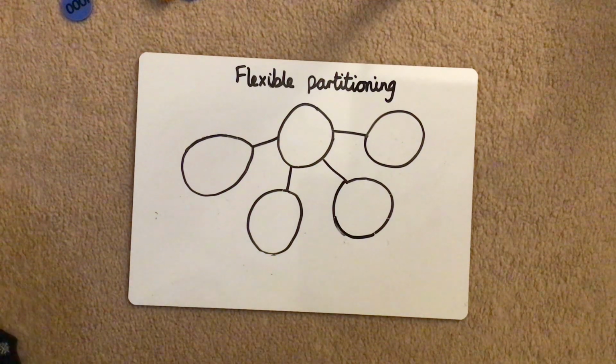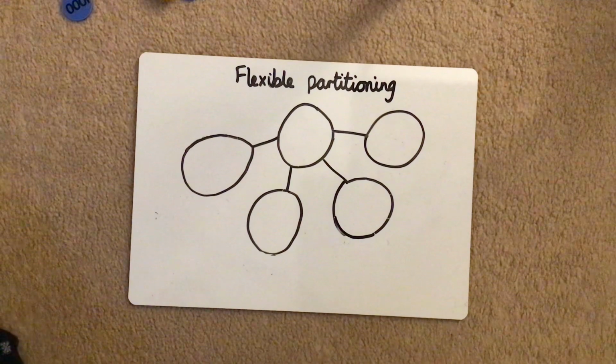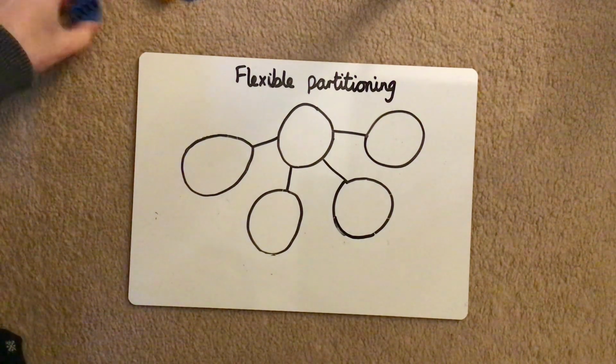This is what we call in Year 4 flexible partitioning, and we're looking at 4-digit numbers. When we get to Year 4, we're working with numbers within 10,000. So what we're going to do first of all is find our whole amount, and I've got some place value